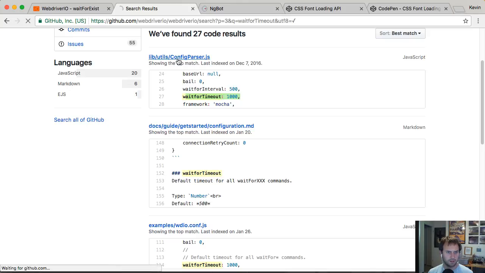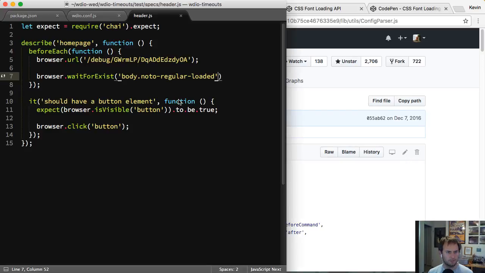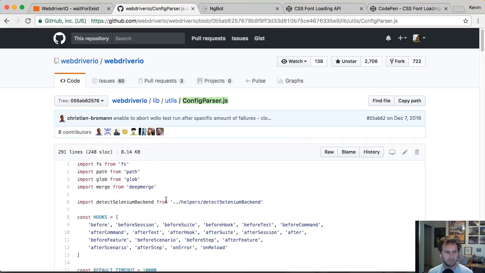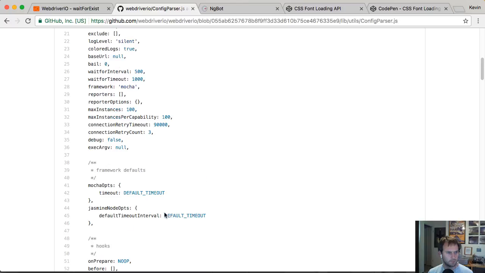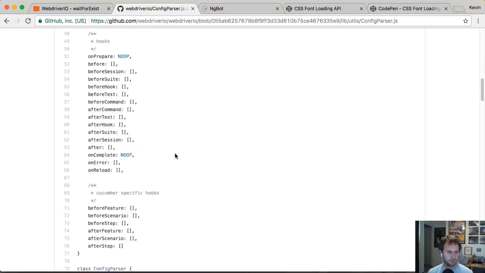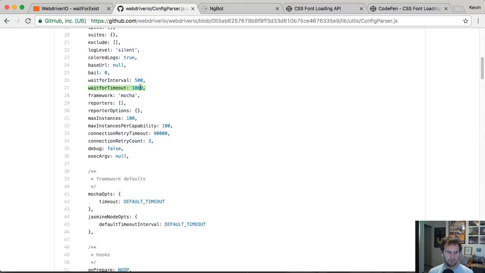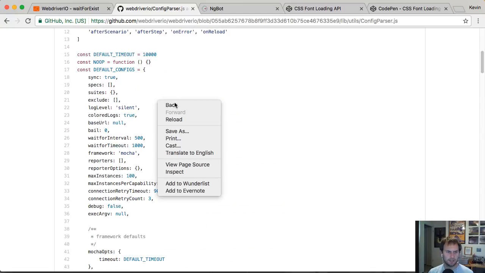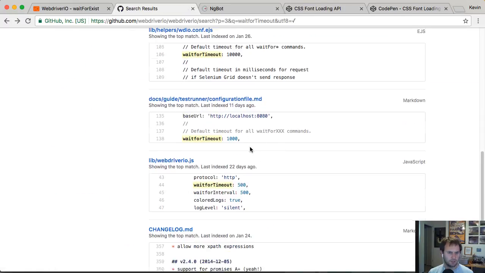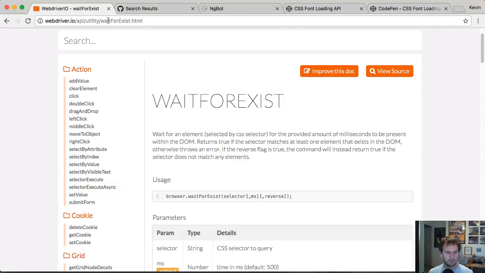It's using that value. So config parser is what is reading through my WebdriverIO config file and kind of compiling the default configs with the configs you passed in. And so it's falling back to this value. And then if you were running this in standalone mode where you weren't using the test runner, it would default to 500 milliseconds, which is where you get this